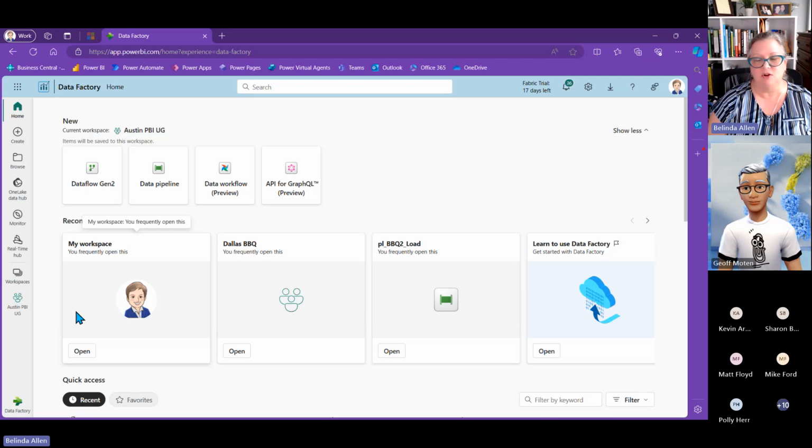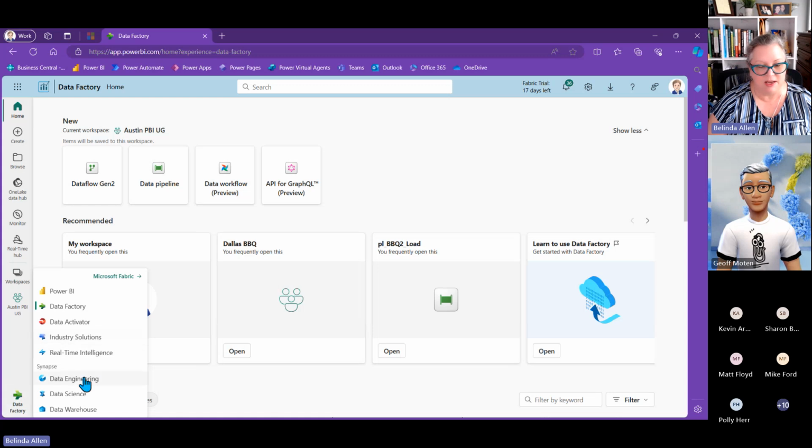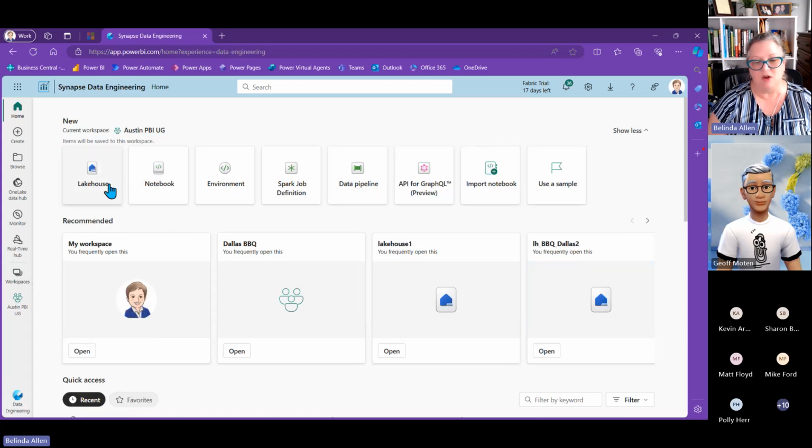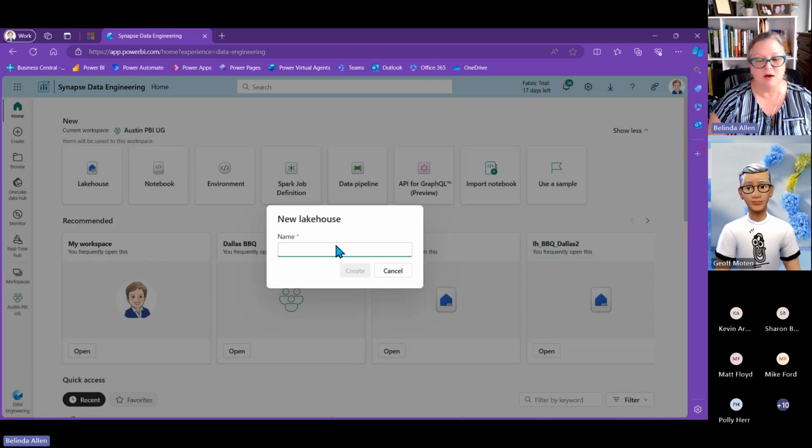So the first thing we want to do is create a lakehouse. For the most part, you can get around and add new things wherever you are, but I'm going to switch to data engineering, which is where we create our lakehouse. So here's our lakehouse. I'm going to click on it and define it.